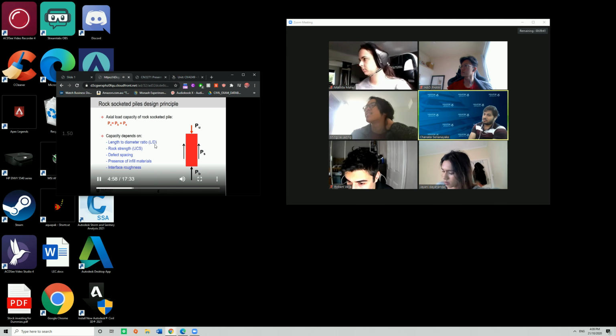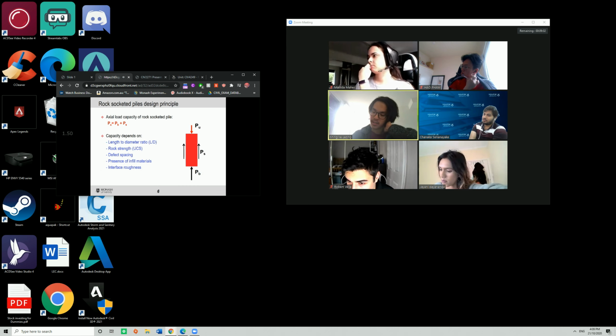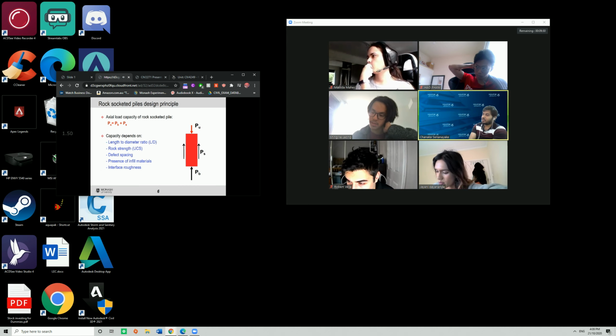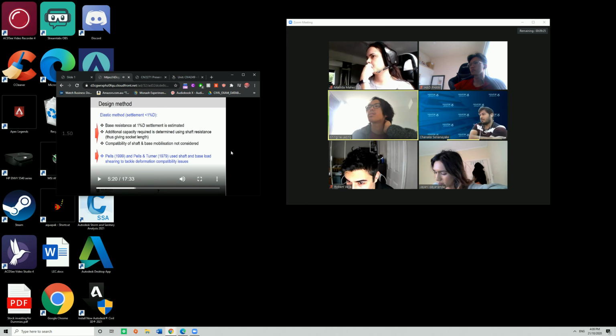Axial compressive strength, defect spacing, presence of clay filling are vital for determining the ultimate side and base resistance of the pile. Applied load is 8,000, which can be obtained from the core load. We can just do a rough approximation. As mentioned earlier, 8,000, you have to multiply the load factor 1.35